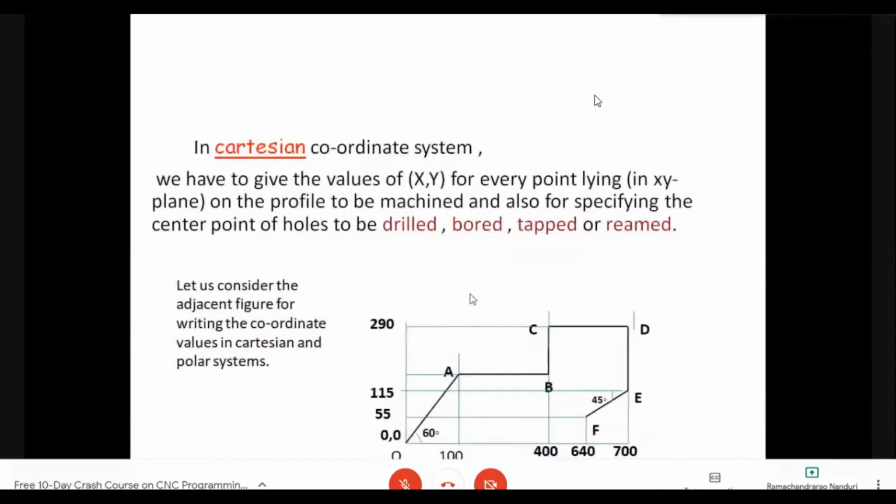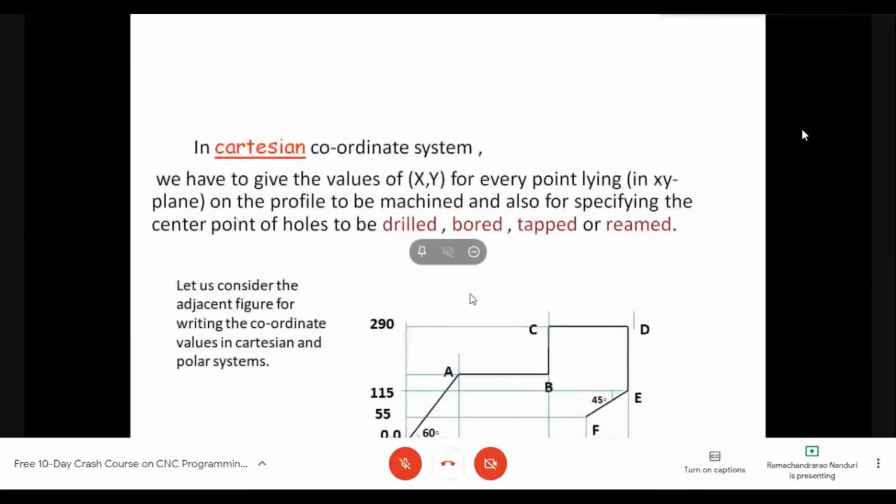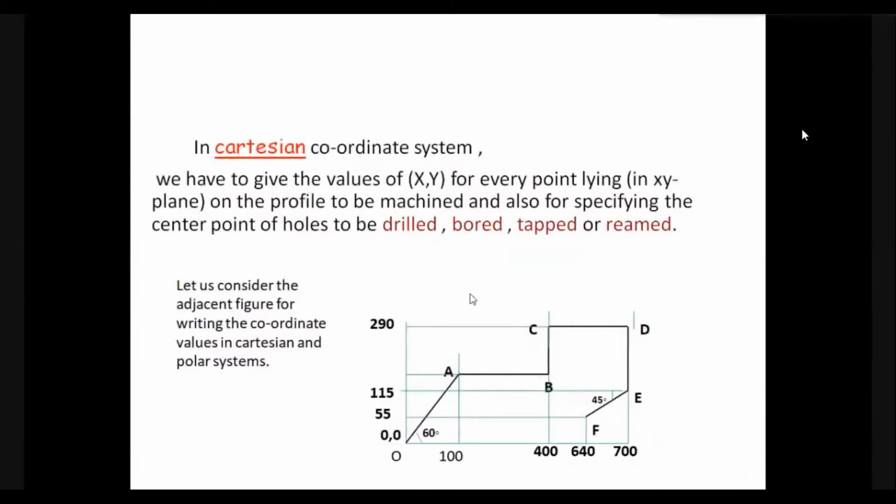So yesterday we have been going through the coordinate values of the figure shown in the present slide. Yesterday we have discussed about using absolute coordinate system and relative coordinate system. Relative is also known as incremental coordinate system. Most people use only the absolute coordinate system, as all the coordinates are expressed with respect to origin O. So there is a possibility of committing mistakes in specifying the coordinates.